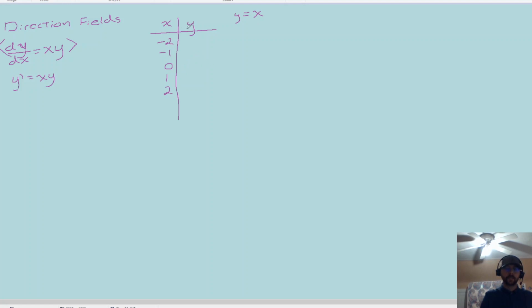You would plug in from the independent variable x into the equation and see what y value you get out. Since I did y equals x, they're all going to be the same. -2, -1, 0, 1, 2,